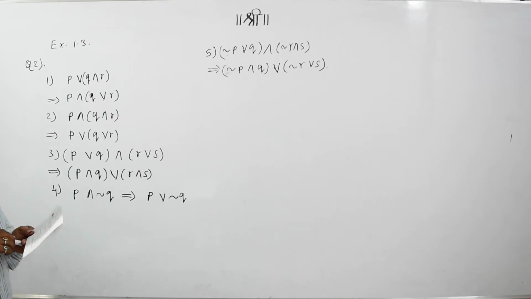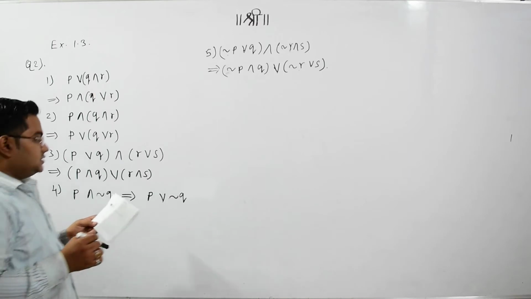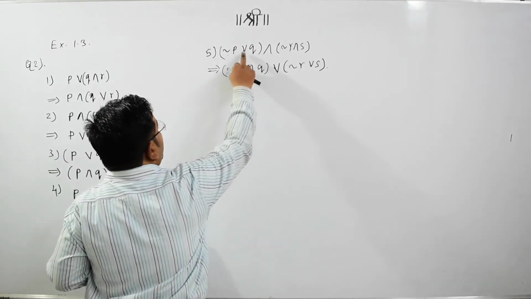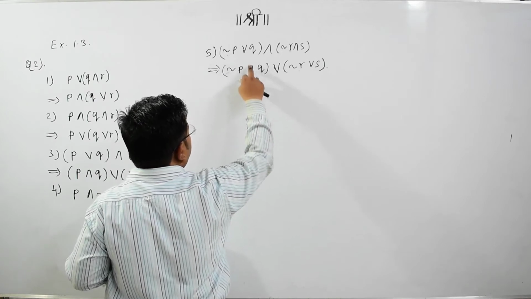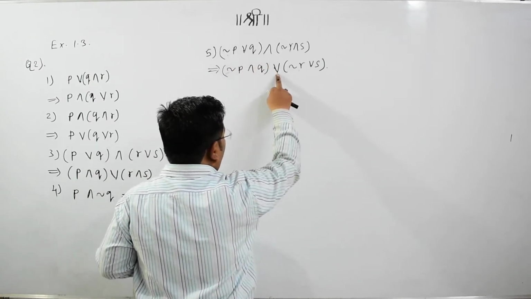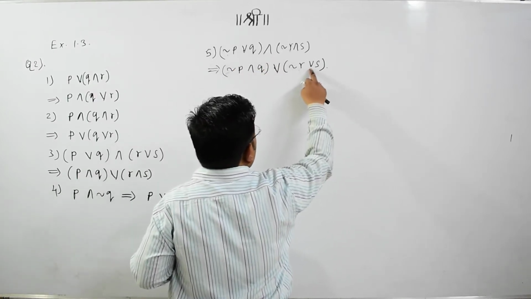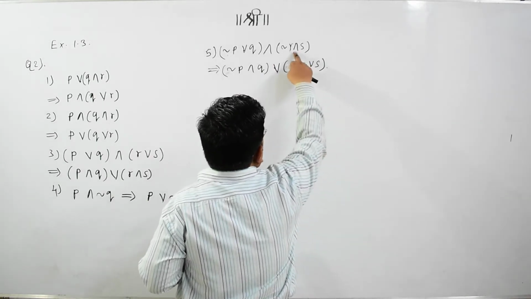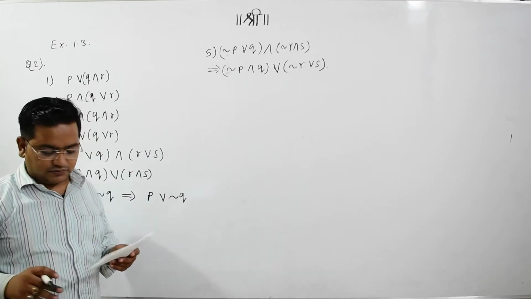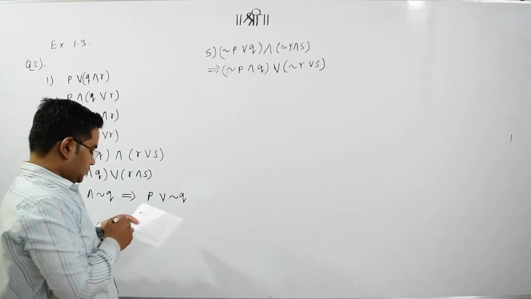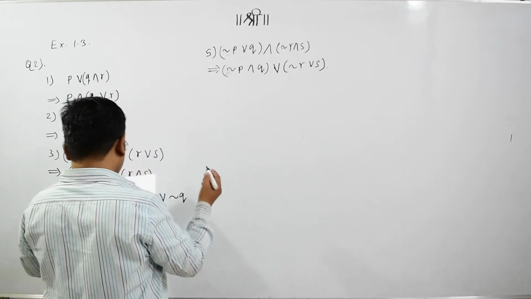So what we are doing here is nothing else, just changing this. We put the and sign instead of or, and the or sign instead of and. That's how we are dealing with the dual, and that's all we need to do. Now next step is what? The sixth one. The sixth one is also easy.